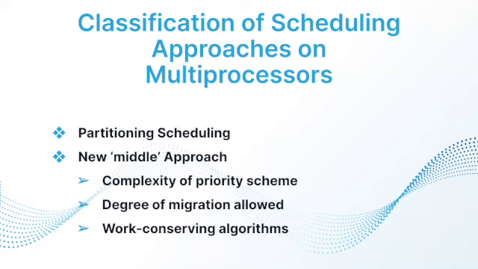Another drawback is that, for a task system to exist and be schedulable, the task must not be partitioned. In addition to the top two approaches, there is a new model that we're talking about in the book, as well as we found some information online, which is the so-called middle approach. It's going to be a combination of the two approaches that we already described, where each job is assigned to a single processor while a task is allowed to migrate.